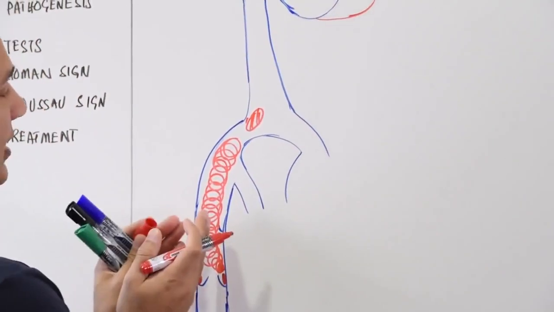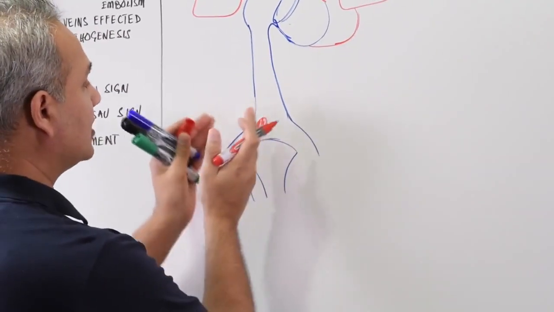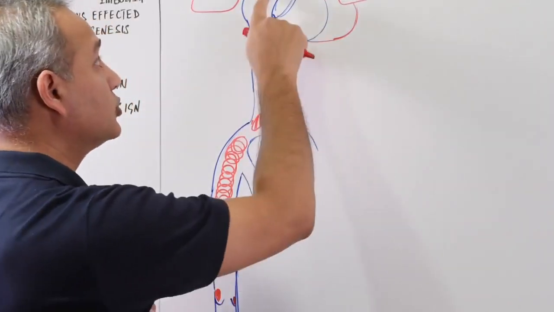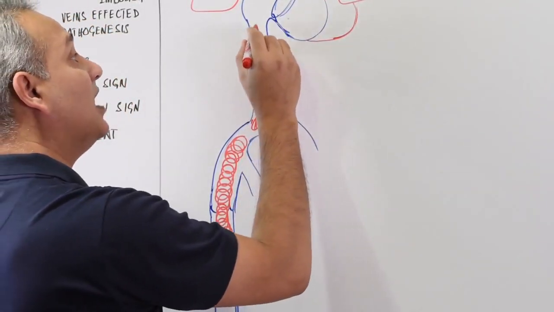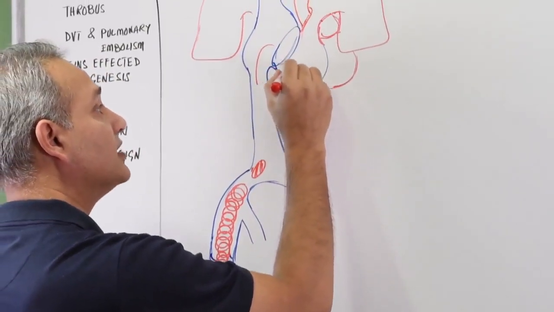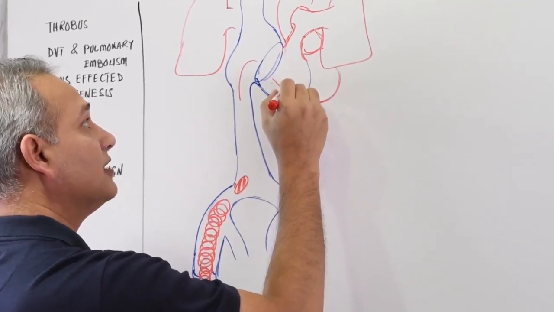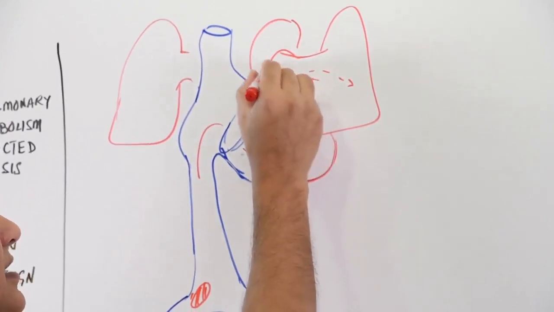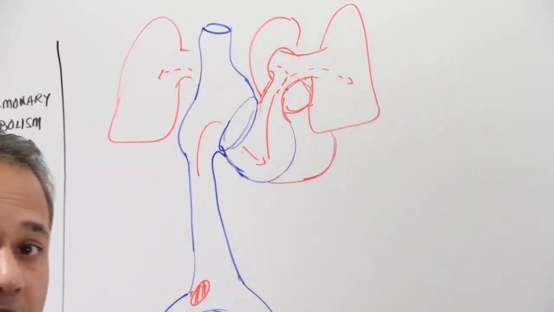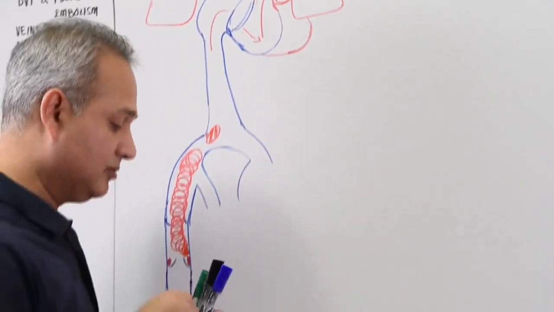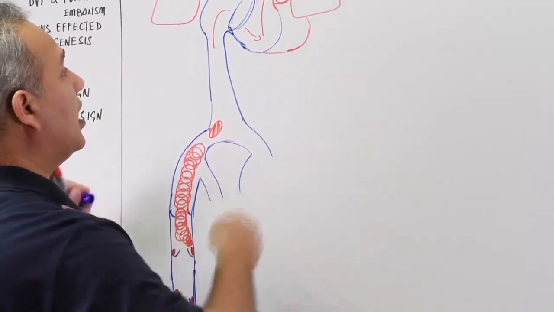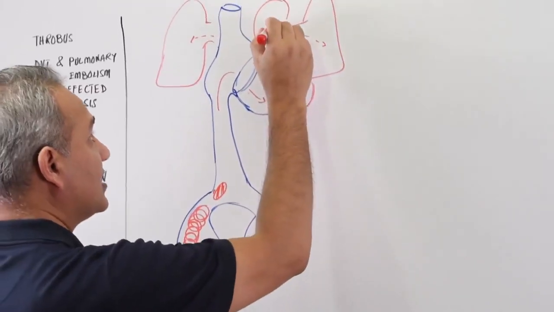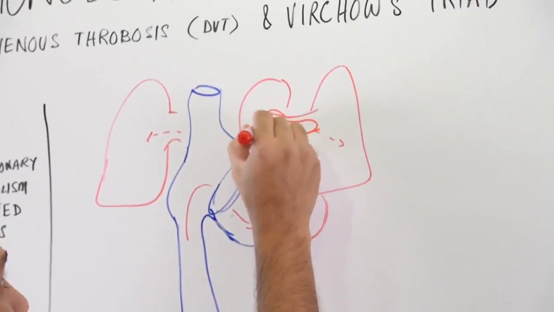And because these are veins, of course, as you move toward the heart, the size keeps becoming bigger, and so the embolus finds it easy to continue going towards the heart. Once it reaches the right atrium, it will move to the right ventricle. From the right ventricle, it will go to the pulmonary artery, and from there it will seed the lungs. Now, if it is a saddle embolism, which means a large embolus that came in and got stuck here at this bifurcation,